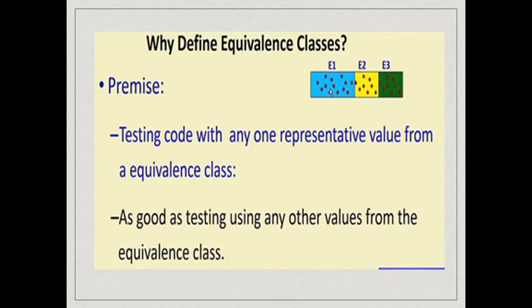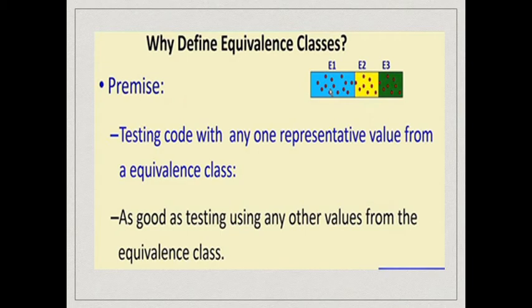The way we have partitioned into E1, E2 and E3 is that each element in equivalence class E1 behaves similarly. The system executes similarly for each of the inputs. So if we execute one of the data here, then we have tested that behavior of that unit. So our work now becomes to test with one representative value from each equivalence class, and defining the equivalence class really helps, because testing using one value is equivalent to testing any other value in the equivalence class.